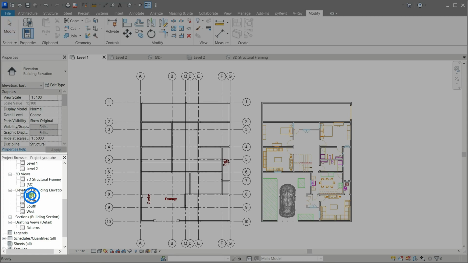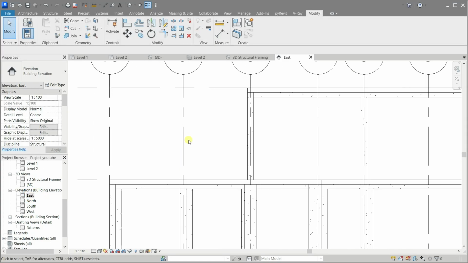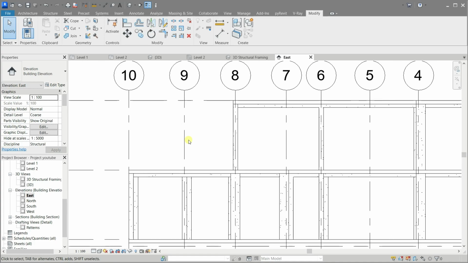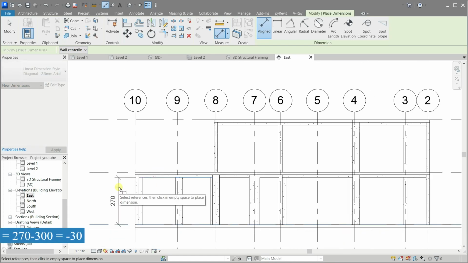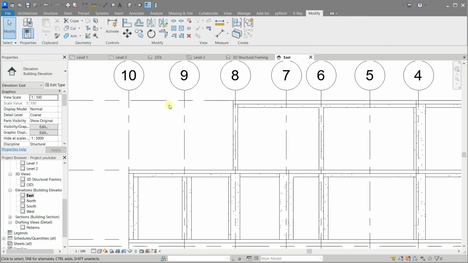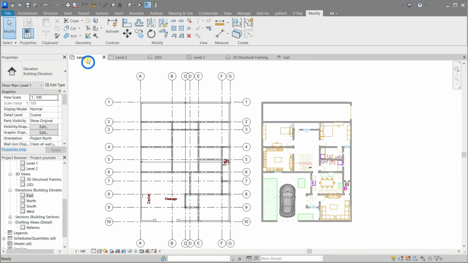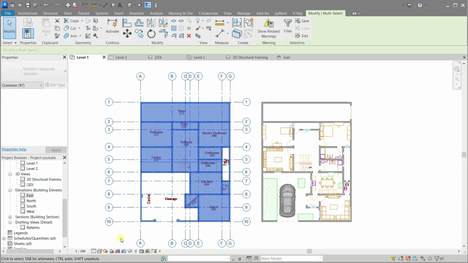Let's open the east view and check our height to the beams. It's 270. Since our level height is 300, we need to lower our walls by 30 centimeters. Now on level 1, cross-select everything, then use the filter tool to select only the walls.